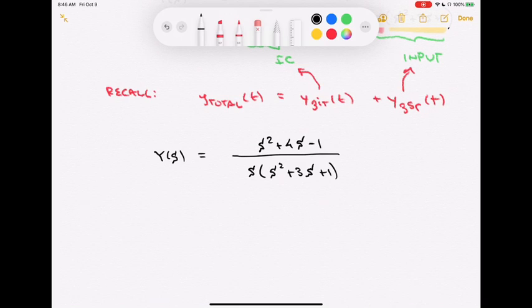We never had to explicitly find h of t. We aren't going to have to explicitly do the convolution. We just have to do some algebra in here. So that's actually really nice. I would like to make one comment, though, before we go ahead and do a partial fraction expansion,